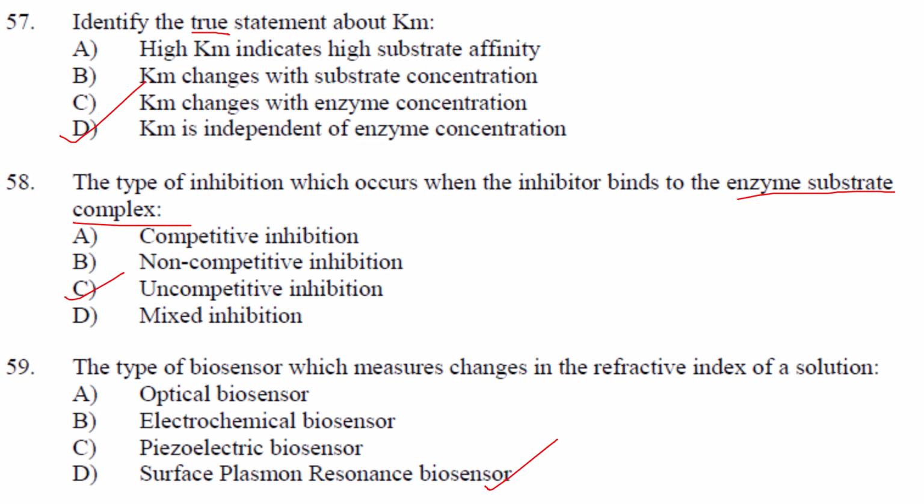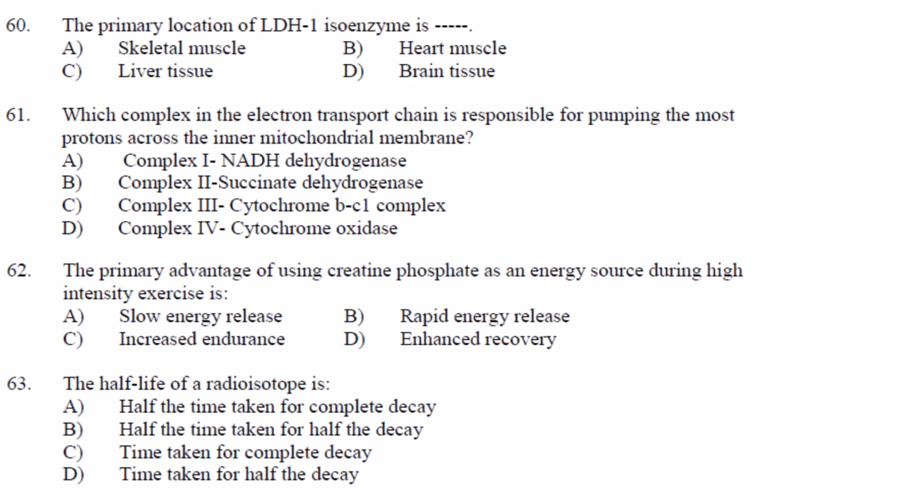Then the primary location of LDH1 isoenzyme, it is found predominantly in the heart muscle. Answer is option B. Then which complex in the electron transport chain is responsible for pumping the most protons across